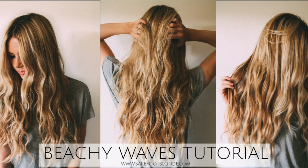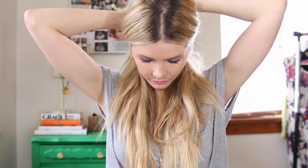Hey guys, today I'm showing you how to do these Marissa Miller inspired beachy waves. This is my all-time favorite hairstyle. I did my hair like this for my wedding as well as for my maternity photos and hundreds of other